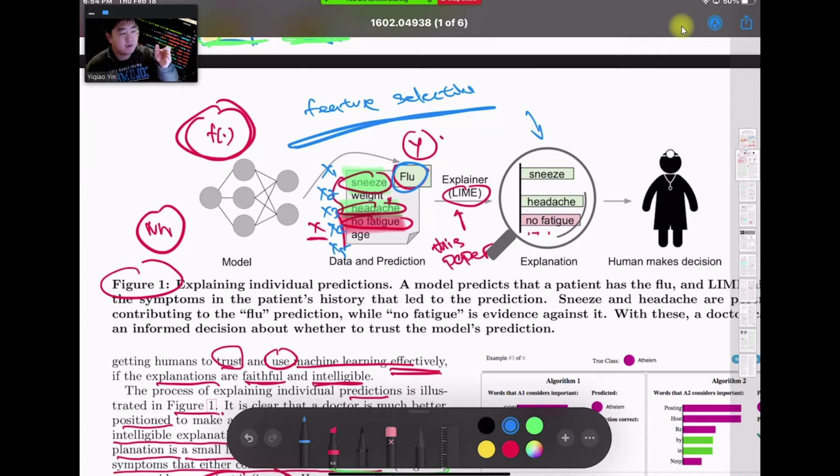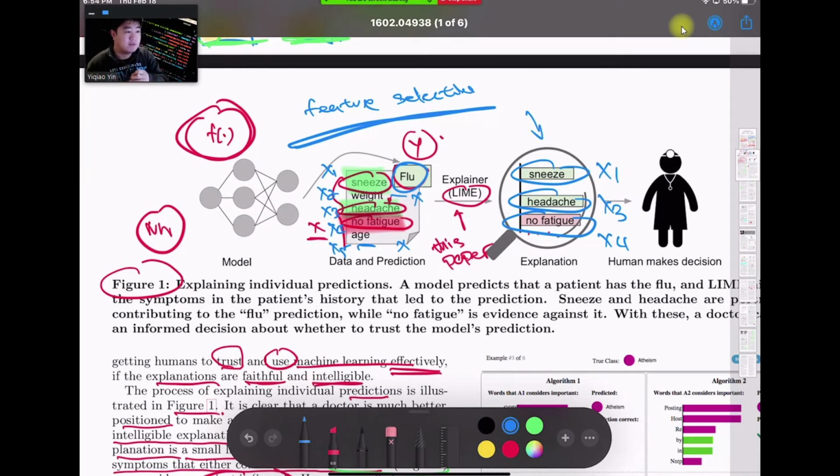Let's look at the outcome variable. Okay, this x2 weight it's not that important. Let's cross that. Age is not that important. Let's omit that. And we're left with these three variables, which being x1, that's sneeze, x3, that's headache, and then x4, fatigue or not. So in other words, if I may, I think the key here is about feature selection,